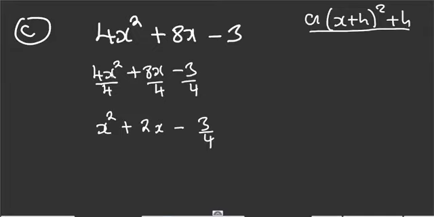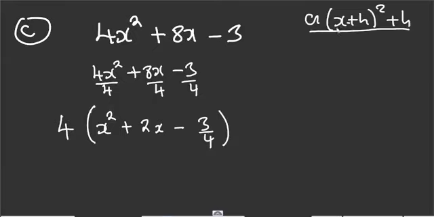So what you are going to do is put this in brackets, then put a 4, this 4 right here. So it's more like you have factored out a 4, though you know that 4 is not a factor of 3. But when you distribute this 4 throughout, you come back to the expression on top, because 4 times x squared gives 4x squared, 4 times positive 2x gives 8x, and 4 times negative 3 over 4 gives negative 3, because the 4 and the 4 will cancel. You want to make sure that you leave it in this stage.